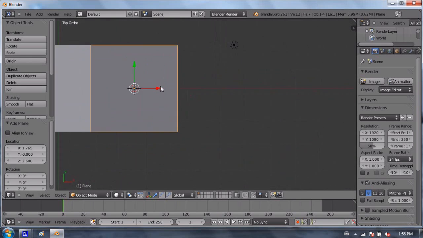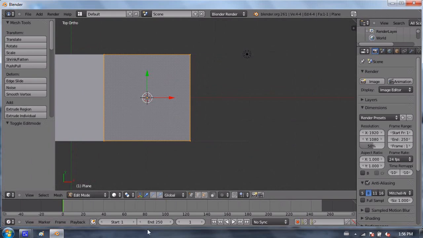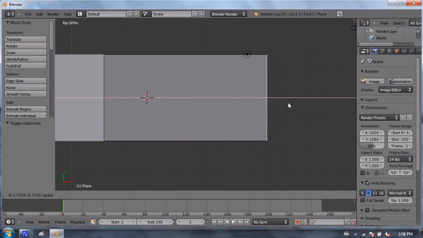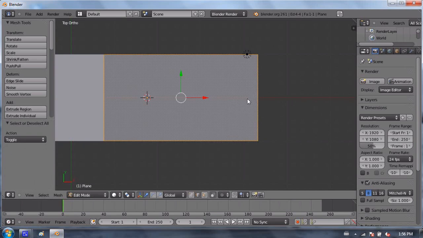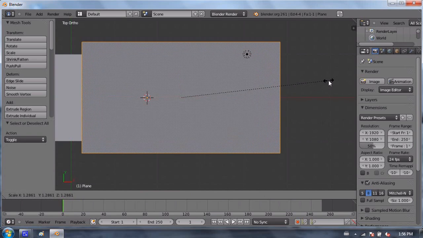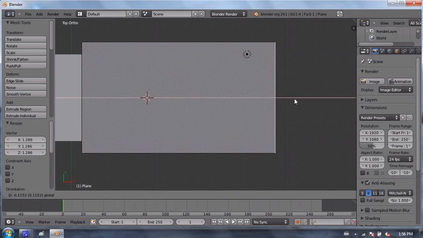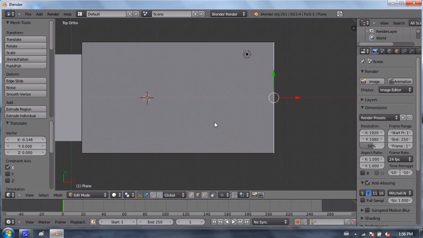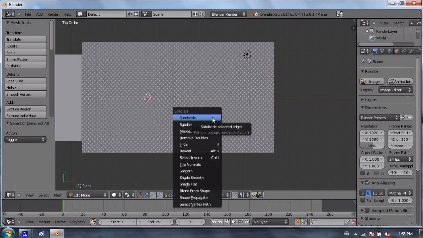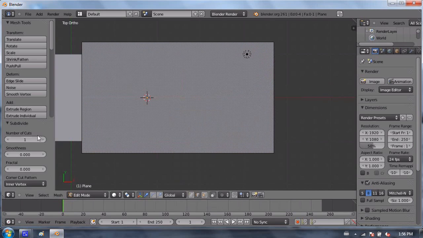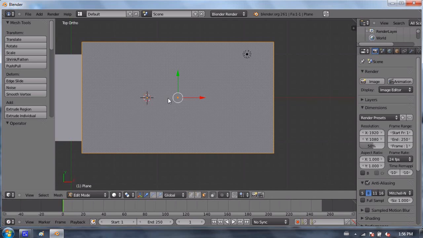I'm going to scale this to be about the size of the aspect ratio of a flag, so right about there. Maybe I'll make this whole thing a little bit bigger as well. It's a little bit wide. Okay, now if I just pressed W and subdivide, and I made my cuts. Oops, I didn't have everything selected. Maybe I'll just select the face. Maybe I'll undo a few times. I'm not quite sure if I messed that up.